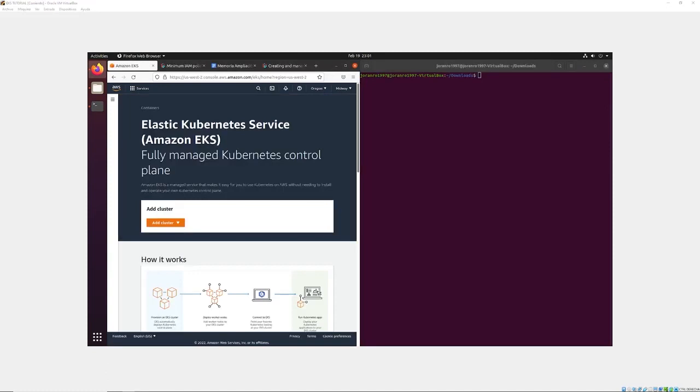Okay, so now that we have everything set up, we are ready to start our deployment of the Kubernetes cluster. For that, we're going to be doing the following. We'll type eksctl create cluster, then we'll give it a name. We'll call it cluster test, for example, and then we can